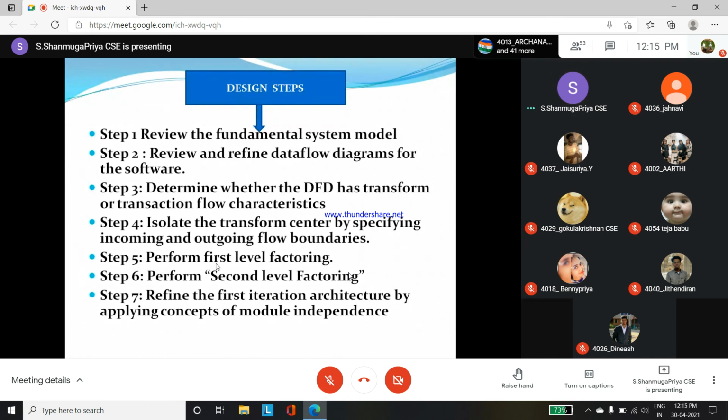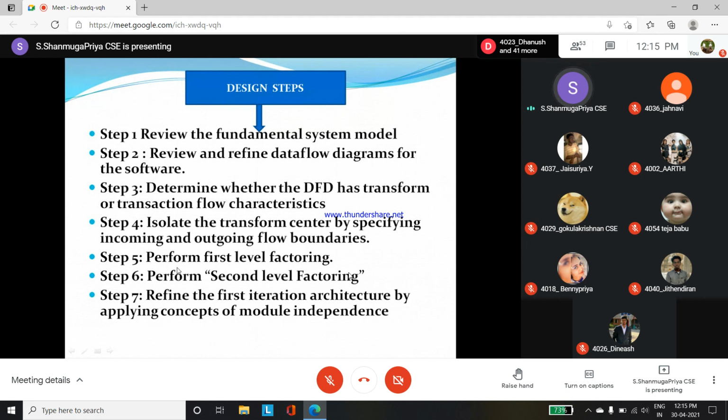Middle level means the component does some moderate level of work. So from the DFD diagram we identify the components, and in that the top level, middle level and low level in step 5.